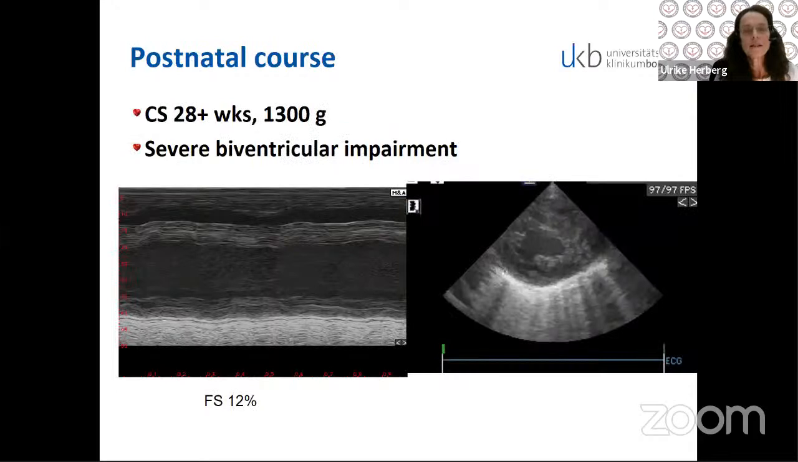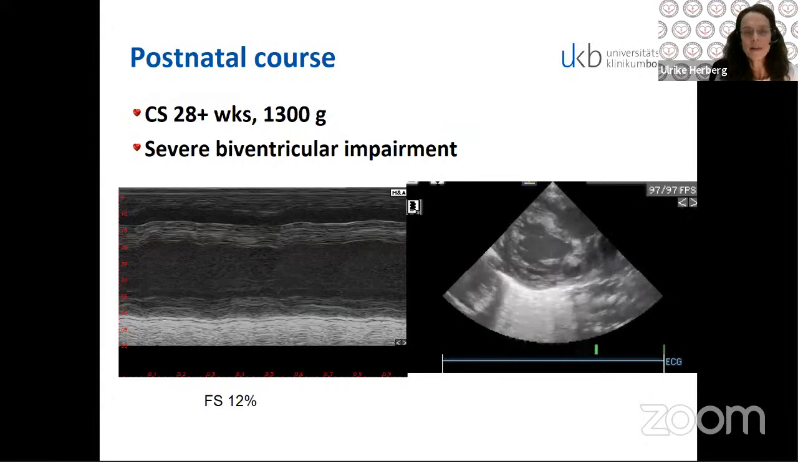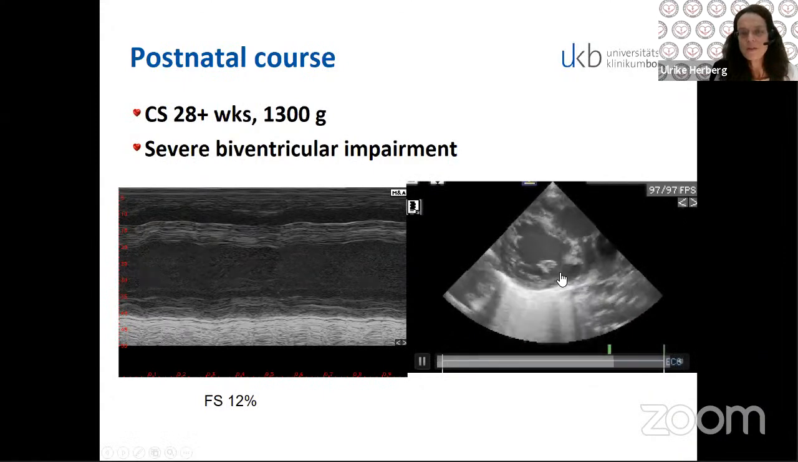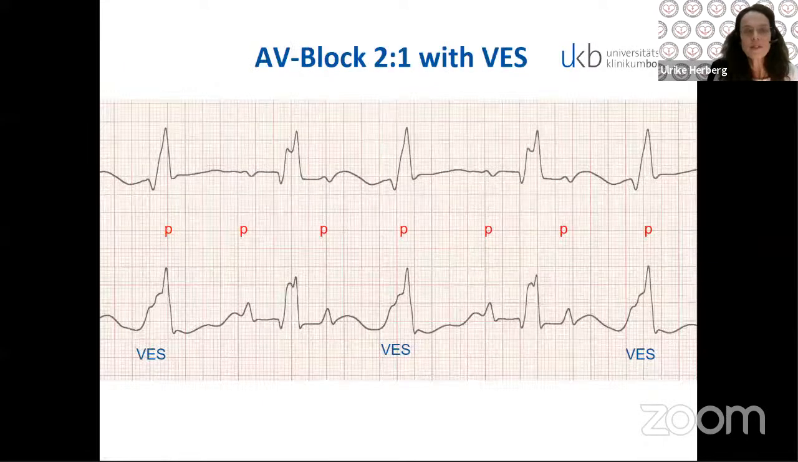Postnatally, this neonate showed severe biventricular impairment and very low contractility. And if you observe this 4-chamber view, you can see that ventricular and atrial rate are different. So this is one of the ECGs this neonate got. It was AV block 2:1 with